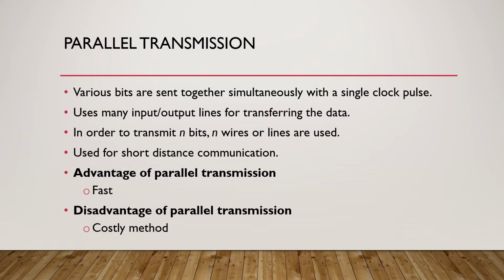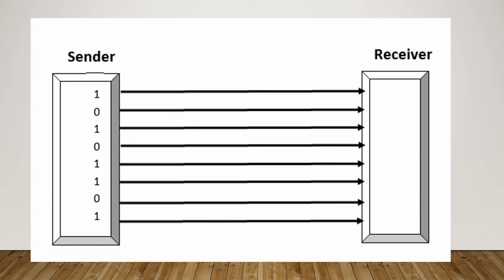the same time. This diagram represents parallel transmission in which a number of lines will be used to transmit data. One bit uses one single line, hence there are total 8 bits, hence 8 communication lines will be used from sender to receiver. So if the number of lines is increased, then the speed of that transmission is also increased. So parallel transmission is speedy or fast as compared to serial transmission.